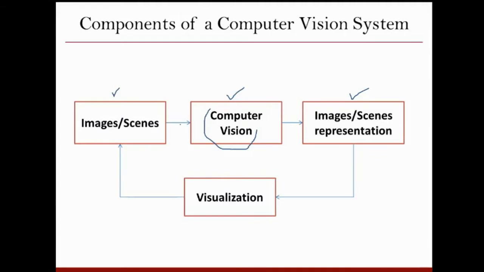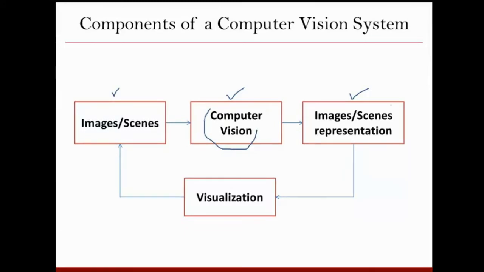Now, this process is not always just one way. It's not that you just take images, go to the computer vision module, get some information, and then do the interpretation or take some steps out of that interpretation. There may be a feedback mechanism. For example, whatever you have seen through your camera and whatever interpretation you got from your computer vision block is not appropriate. Then you have to go back, maybe take a picture again, apply the computer vision processing again, and get a new interpretation.